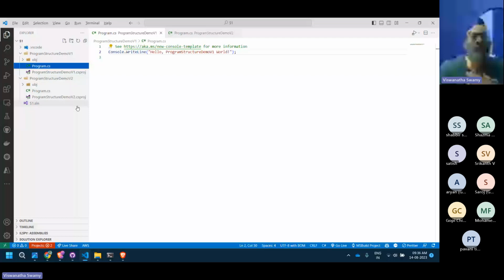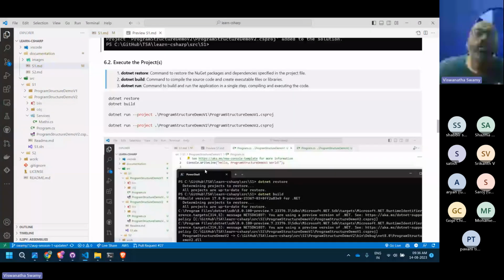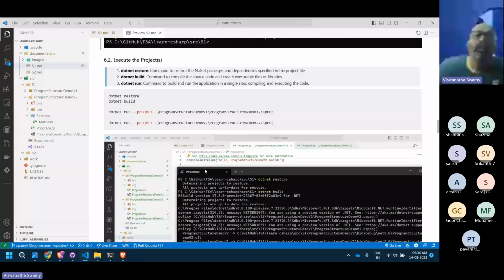So the command .NET Restore will restore the NuGet packages and other dependencies. All the dependencies which we have get downloaded from the respective NuGet packages. We can have our local NuGet packages, NuGet packages in Azure DevOps, any other private package repository, or NuGet.org.